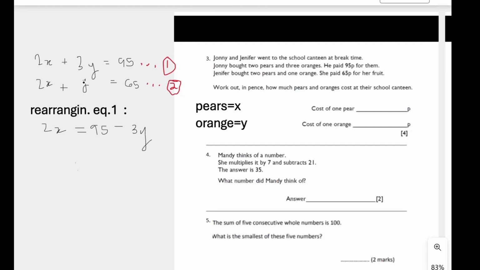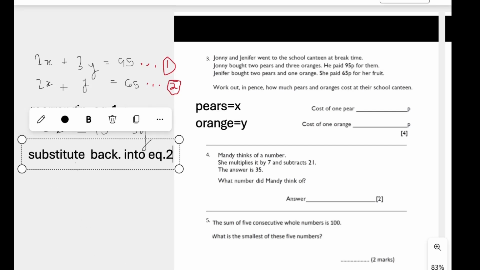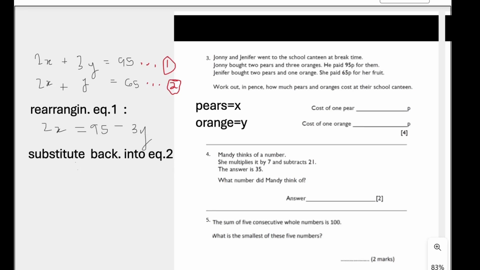Now, we are going to substitute this back into equation 2. That means we are going to be substituting this 2x, and let me highlight this for you, this 2x back into this equation over here. It's the exact same thing, they are equivalent to each other. Now let me undo this so we don't get confused with a bunch of highlights. So rearranging equation 2, this 2x, we have 95,